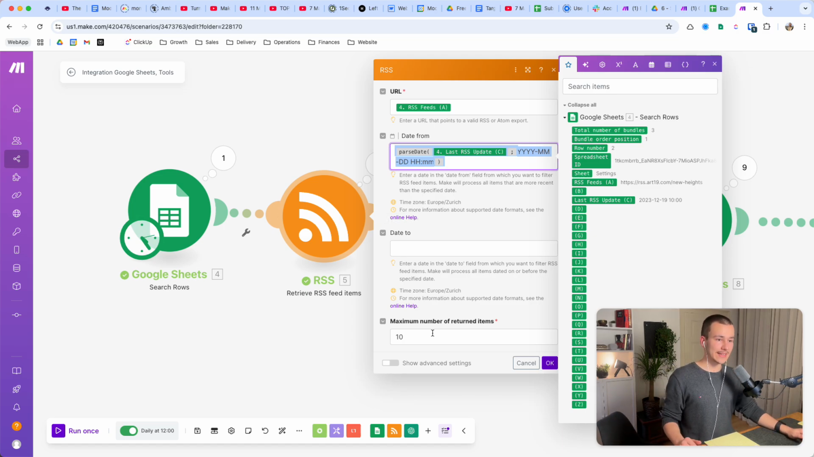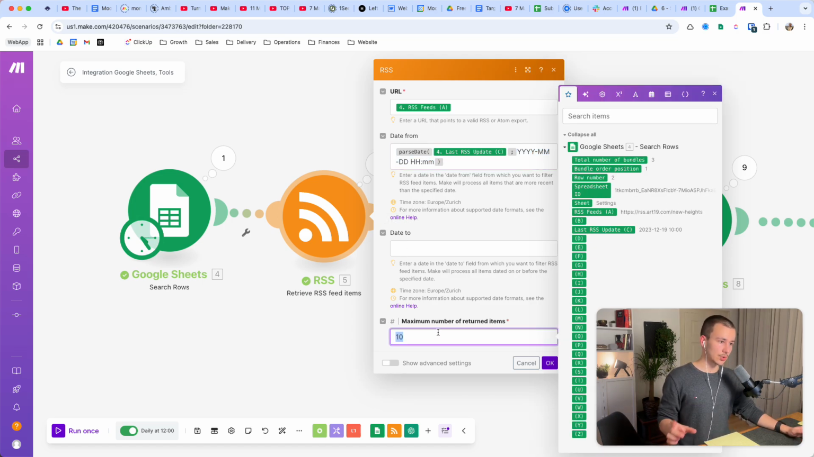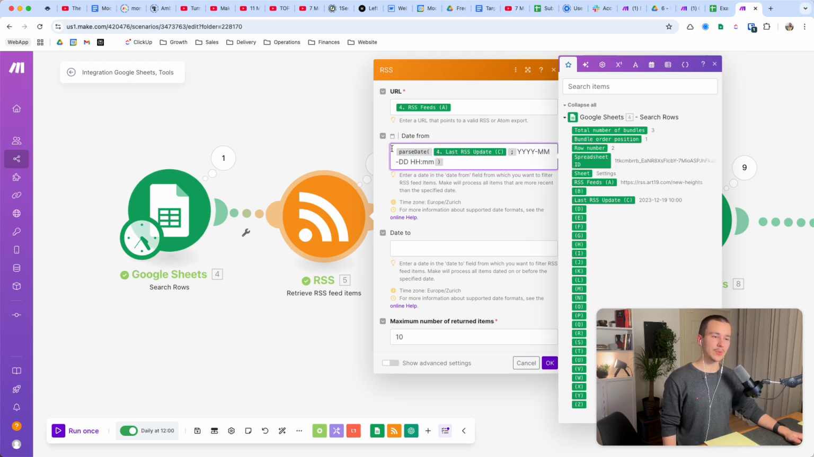Let's say because it gets 10 articles from each source. So from each RSS feed, it gets the last 10 items. But then let's say in the last 24 hours, they only publish 2. Then 8 of those 10 would be old ones that we already have, that we don't need anymore. So what we do is we use a date in which we say we only want articles that have been